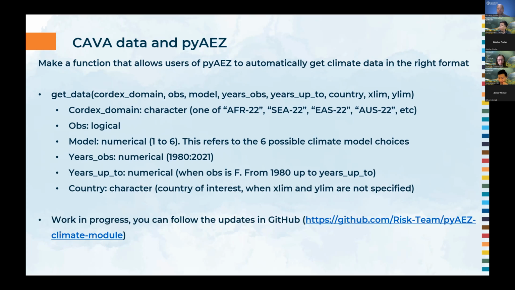Yeah, so this is work in progress. We have a GitHub repository for this, which you can follow. At the moment, I didn't have that much time to work on it, but there's already some code there, even though it's in R. So I'm probably going to make 2 functions, one in R and one in Python. And all of this, of course, has been through the collaboration with NSL, Kitty Pong, Swan and the developer of PyAEZ.